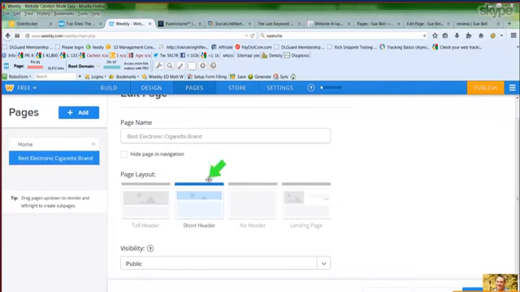So I went ahead and selected this short header. It was set to the tall header before, but really with the page layout algorithm, you want to make sure that you're not getting too big of a header going on. So when I have my choice, I try to do either no header or short header. Those are the two I typically pick. You're certainly welcome to pick any that you want to make it look nice, but for me personally, those are the two I pick. So I just